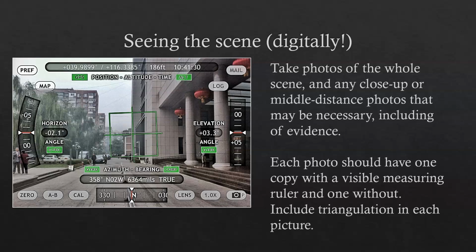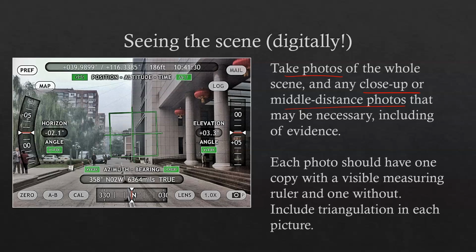Next is seeing the scene, and this is usually done digitally. Okay, and so how do we see the scene? If we just scanned it with our eyes, we want to see the scene by taking photos of the whole scene, any close-up images of specific pieces of evidence. We want middle distance photos, and we want long range, kind of holistic whole scene photos, and each of those photos kind of helps to